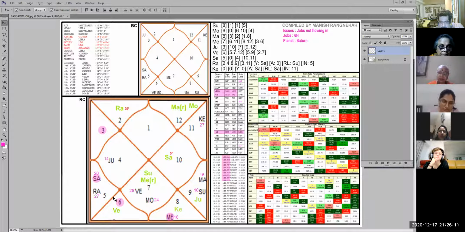Then how many whole houses do you have? Two houses, that's 60. 60 plus 10 is 70, and how much further did it go? 18. So 88. Has it reached 90 degrees? Yes, within 5 degrees plus or minus. So 85 to 95 is that zone, and this is almost on the dot. What does it tell us? That Saturn is hitting Mercury. Here it is very clear that Saturn is hitting Mercury.